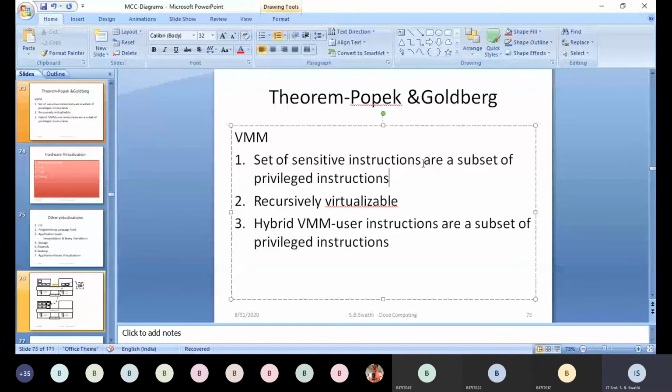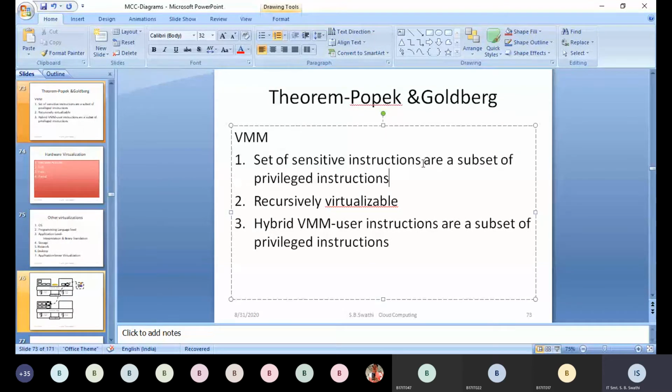They take that particular data from the kernel level by giving some instructions. So when the VMM is trying to access particular instructions, in case the VMM is not built properly, it will try to capture all the data of the kernel and try to modify the data present in the kernel.